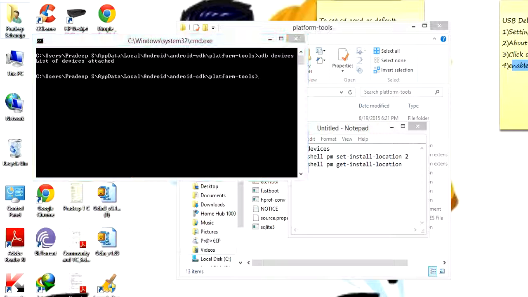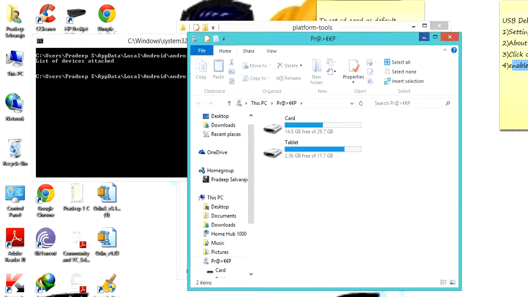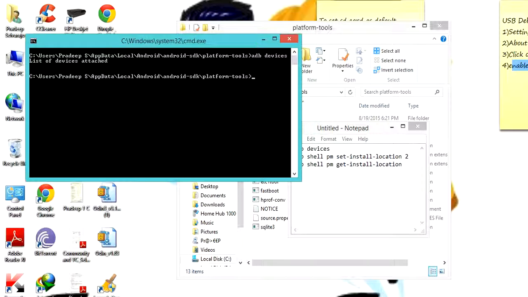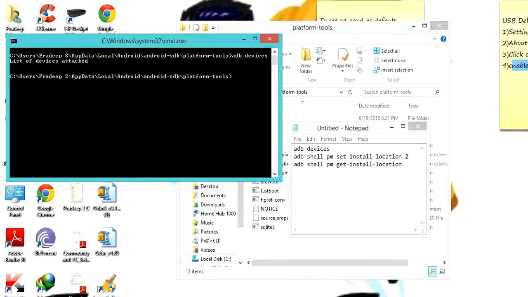Yeah, so now it's connected, and now you'll have to type the second command, that is adb shell pm set-install-location 2. You can just put a normal dash over here. Don't miss the spaces or else the whole thing will get messed up.